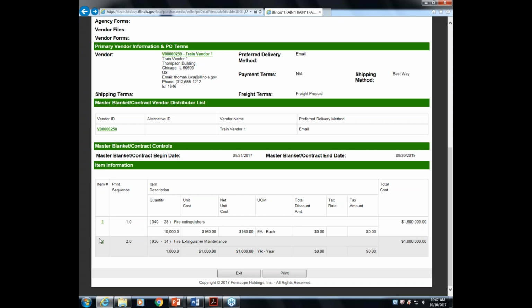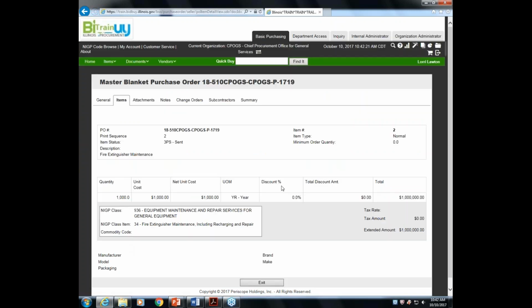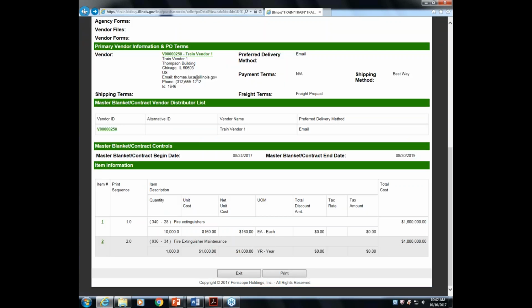But I'm going to come down here and look at the maintenance that is related to that, and I see that it's a quantity of $1,000 maintenance, and I may look at these terms and say, I do want to buy those fire extinguishers, but this is not the other item I want. So I'm going to then review this information. I can come back, and using my back arrow,